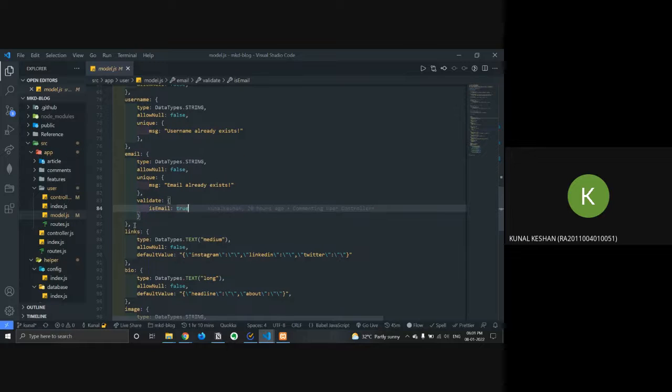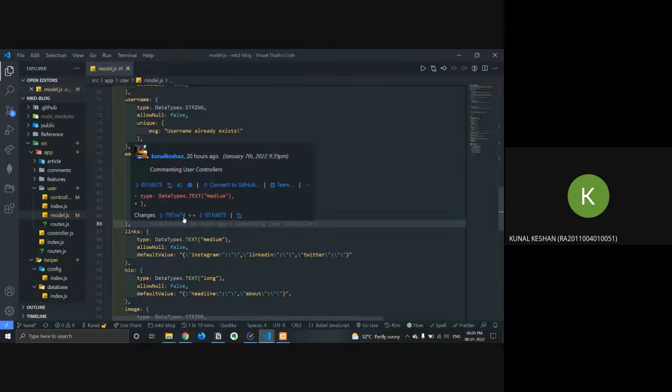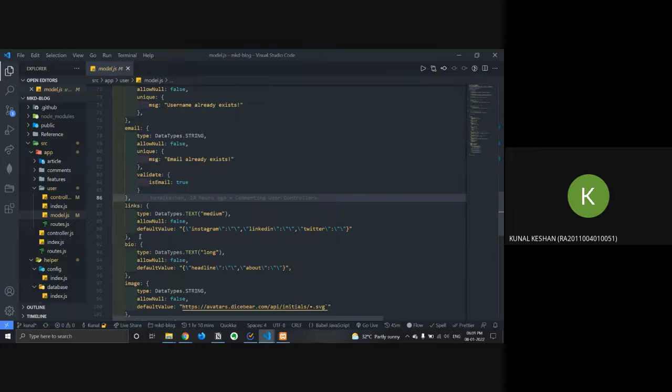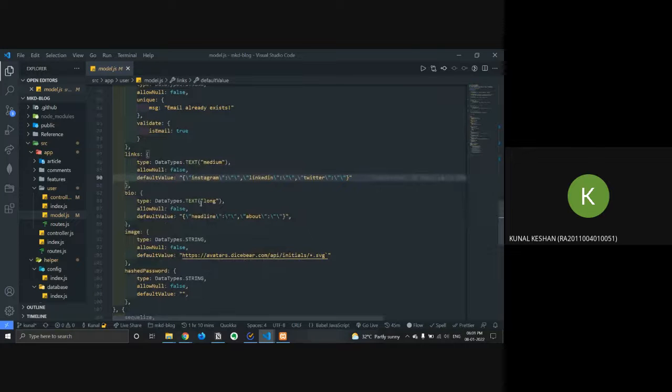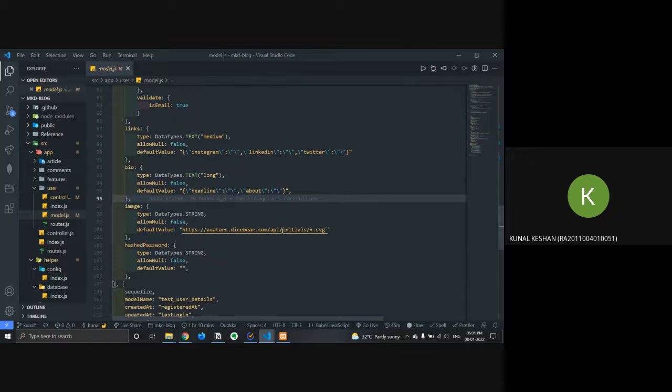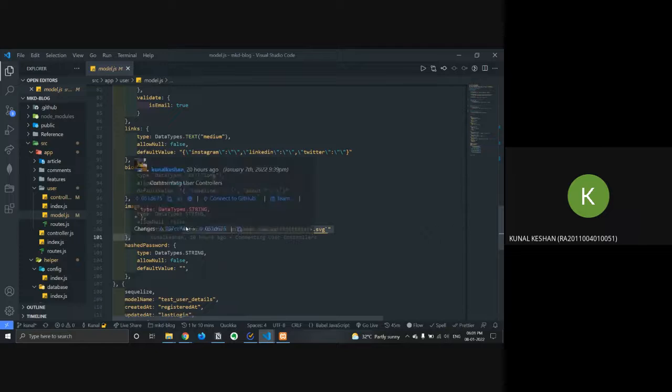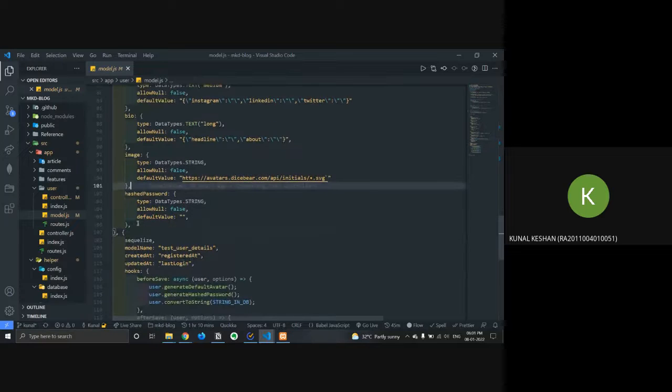So it handles everything for me instead of me creating my own functions to validate all of them. Then links, the default value will be an empty object, string object actually. Then bio as well. Then the image, it's a random image generated, and then the hashed password.